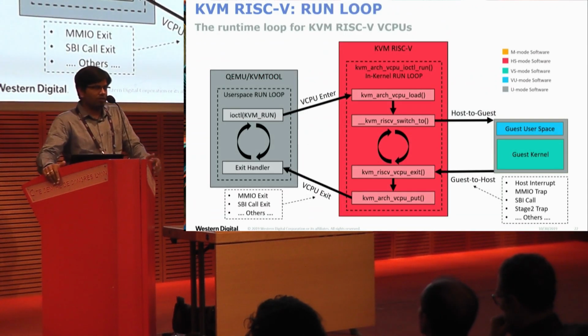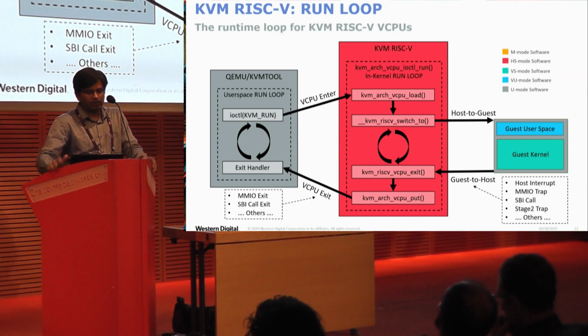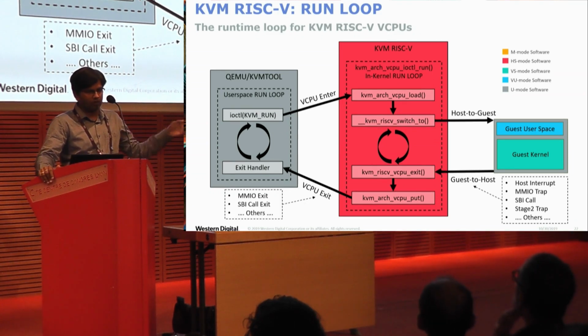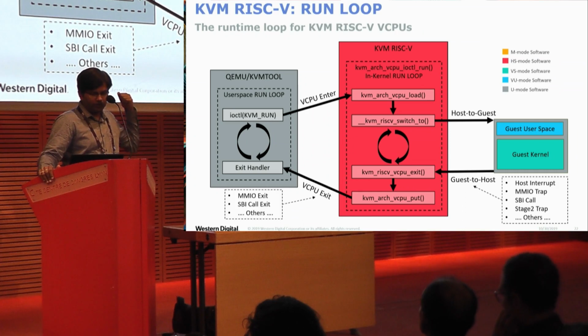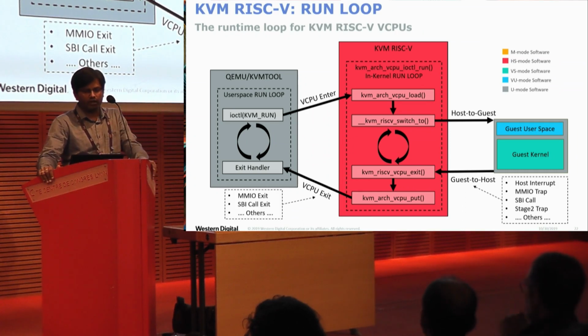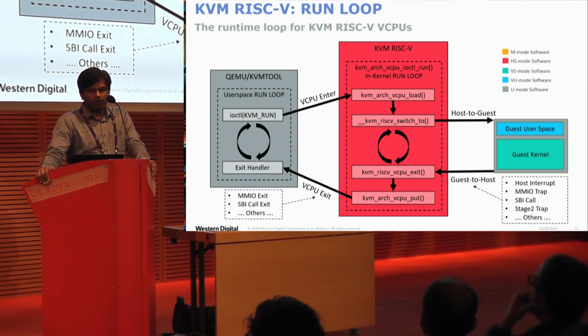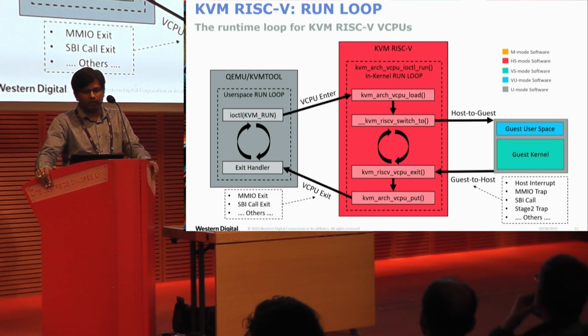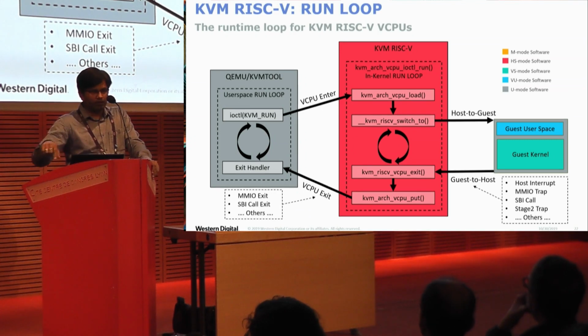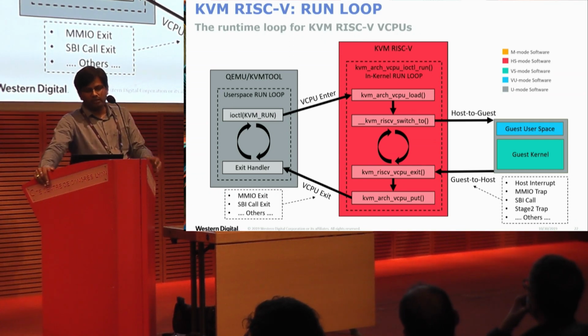This is how the traditional KVM run loop looks. It's a nested run loop which looks the same across architectures. I've tried to show this in the context of RISC-V, with color coding showing what part of the run loop runs in which privilege mode. The user space will be continuously doing the ioctl run, and in the kernel space we do the load and put once when we enter the ioctl. Then the most important function is the world switch, which does the host to guest and guest to host